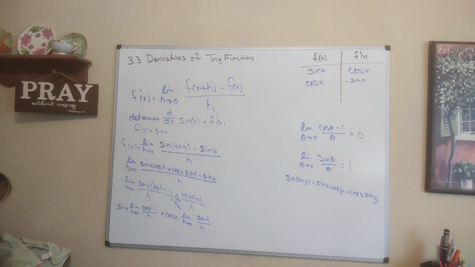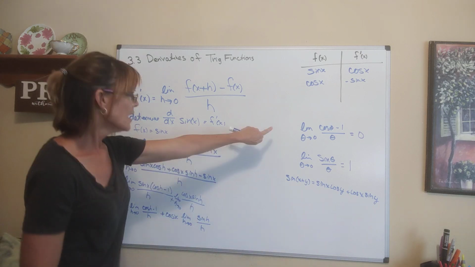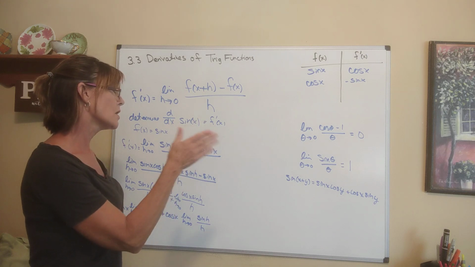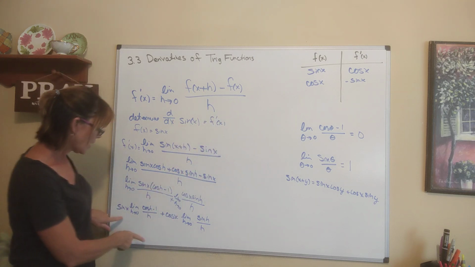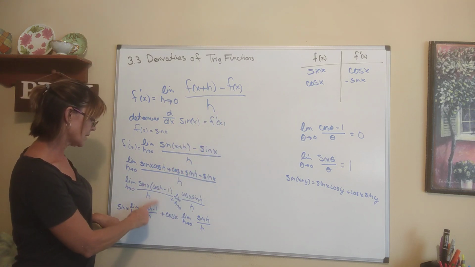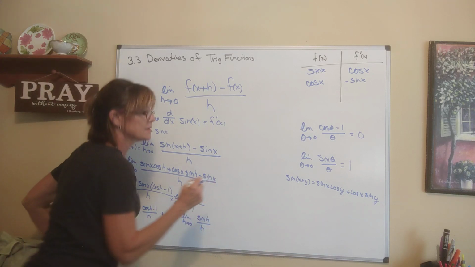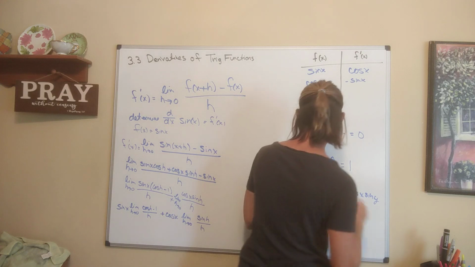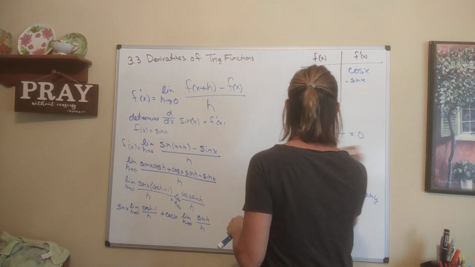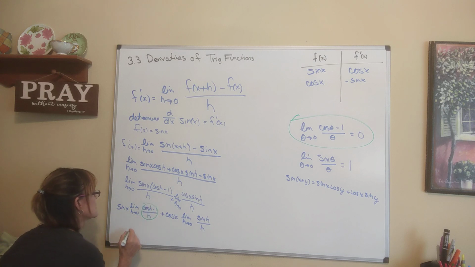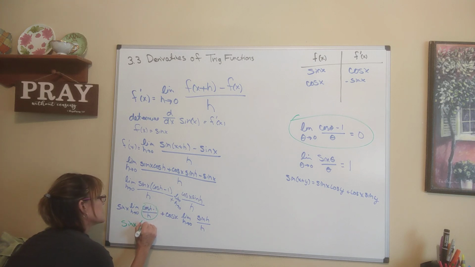So now, let's borrow this given information. The limit as theta goes to 0 of the cosine of theta minus 1 over theta is 0. If I replace my h with theta, I can say that this value right here is 0. I'm applying that truth right here and saying this is a 0. So I'm saying this is really the sine of x times 0